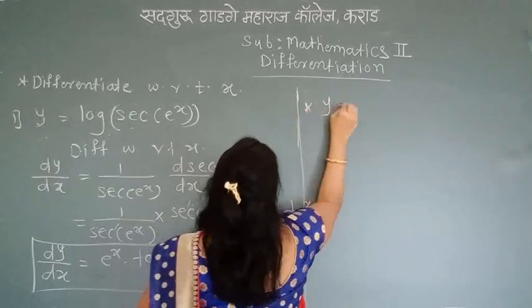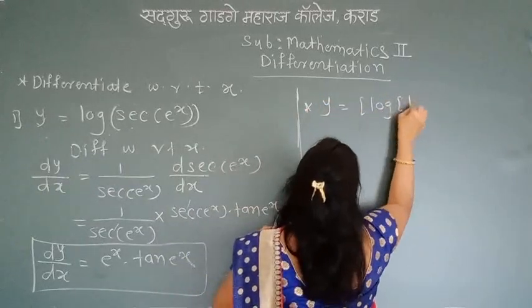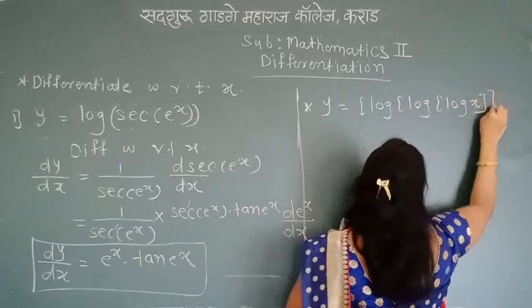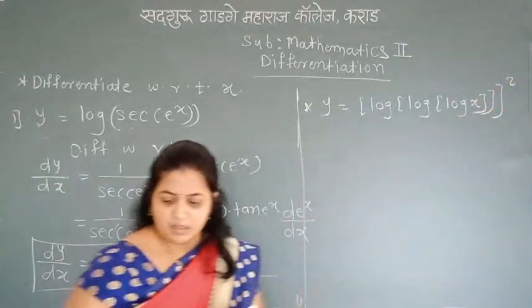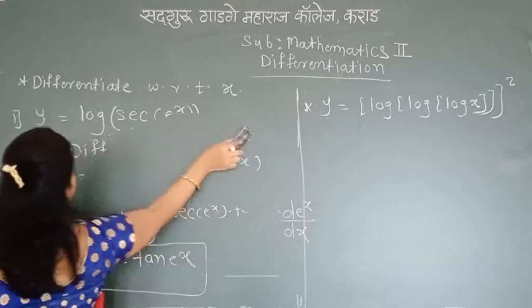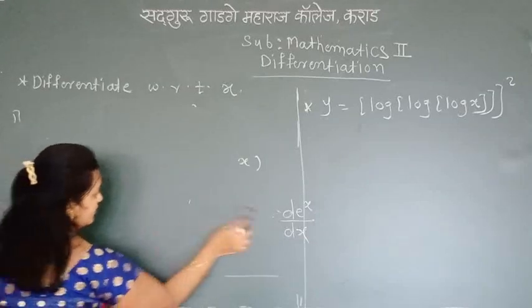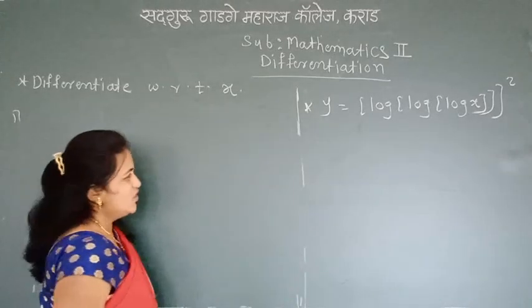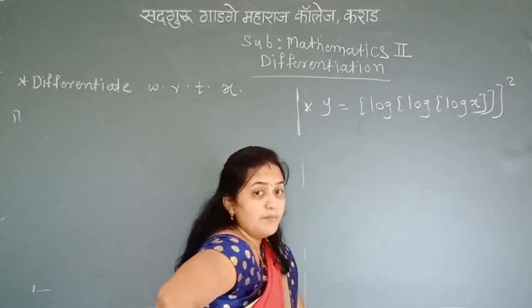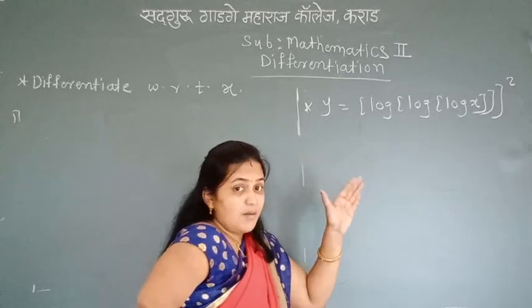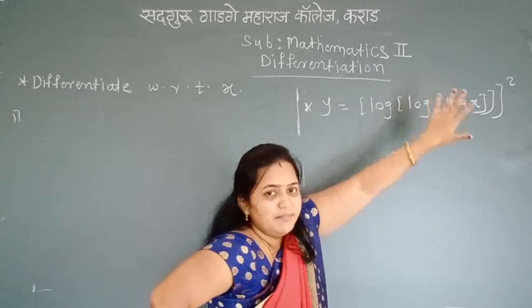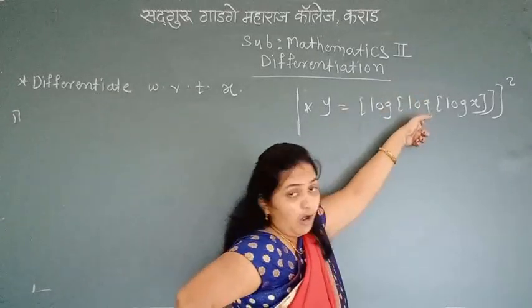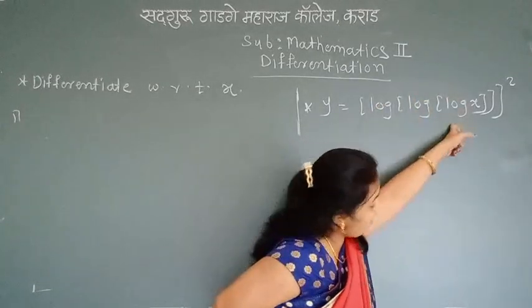Y is equal to log of x whole square. Log of x whole square. So here first you check given function is standard form या composite form. So here given function is composite form. First is a composite form, कौन सा है? x raised to n में कंपोज हुआ है. क्या कंपोज हुआ है? log कंपोज हुआ है. इसके बाद में अंदर अगेन log कंपोज हुआ है. उसके बाद में अंदर log x कंपोज हुआ है.